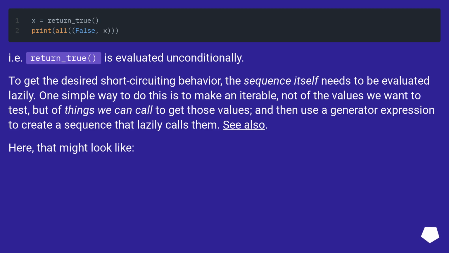One simple way to do this is to make an iterable, not of the values we want to test, but of things we can call to get those values, and then use a generator expression to create a sequence that lazily calls them. See also. Here, that might look like